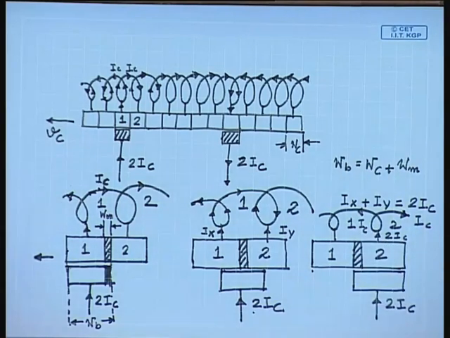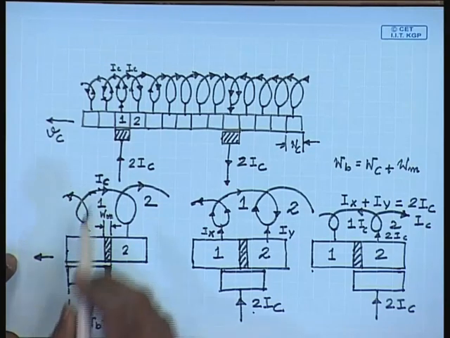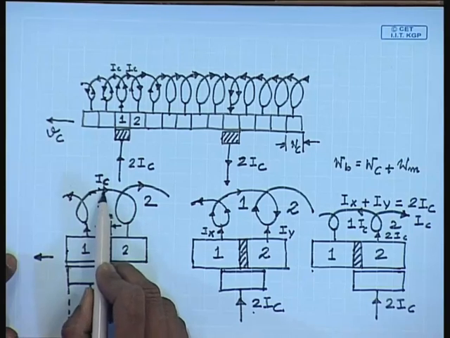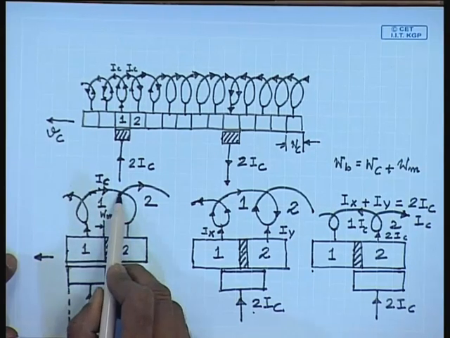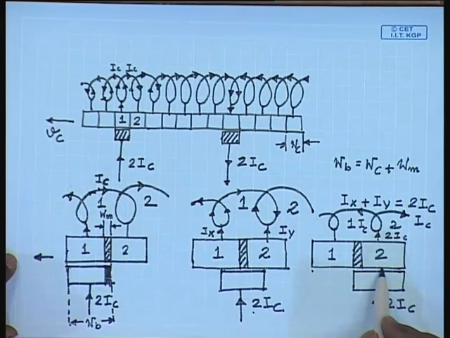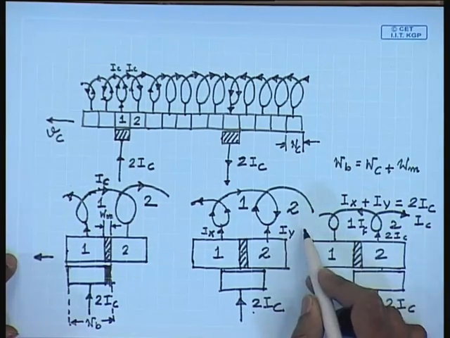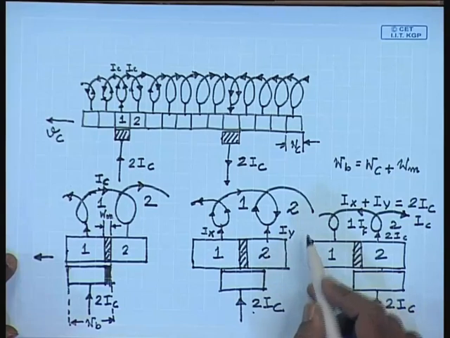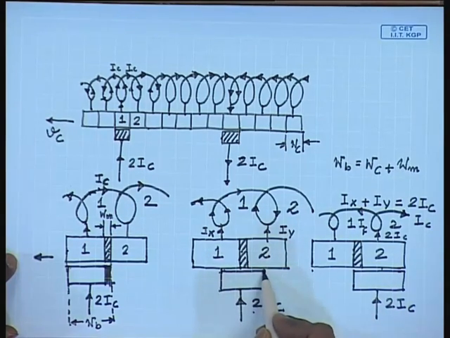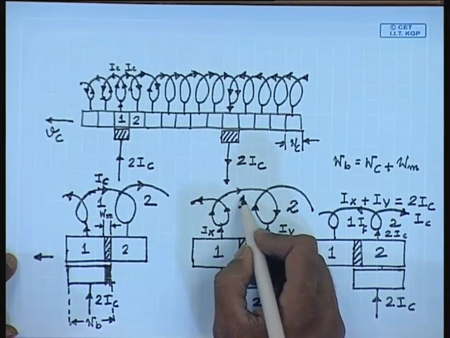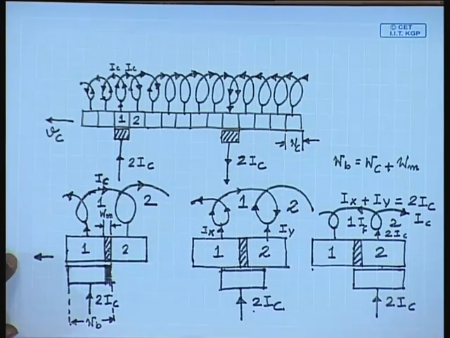So, if we look at coil 1 current, in the beginning of the commutation it was IC flowing from left to right. At the end of commutation it becomes IC, but from right to left. So, during the shorting period the current in coil 1 changes from plus IC to minus IC,